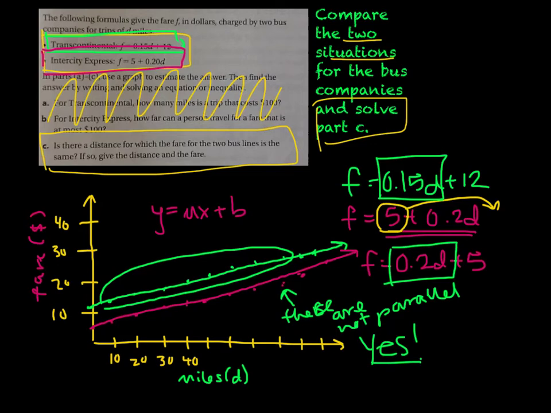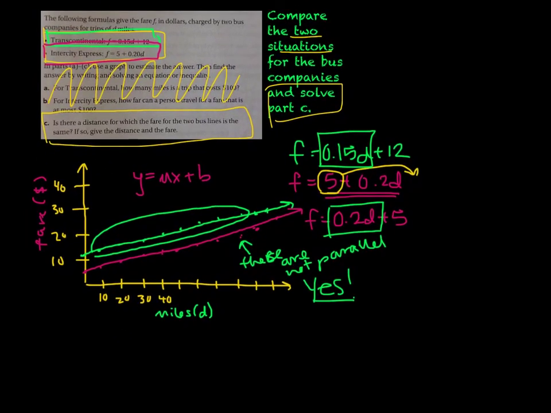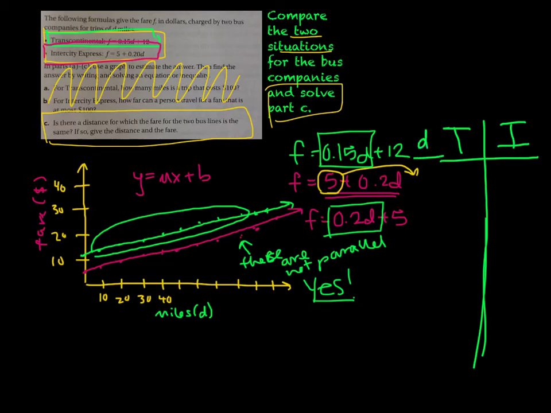So what I would suggest for a problem like this, after we've looked at a graph and played around with that, if our graph doesn't actually end up showing that intersection, make a table. So we've made a graph out to 100. So let's actually, I'm just going to change this table up a little bit. Let's say we have transcontinental on one and intercity on the other. So if we had a distance that was added in there, if we started at 100,